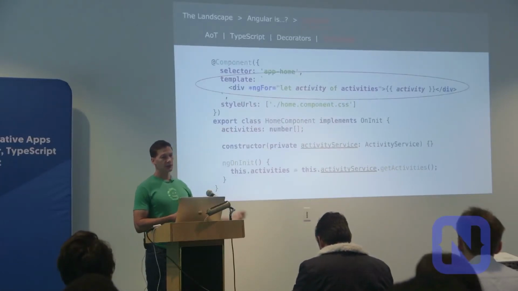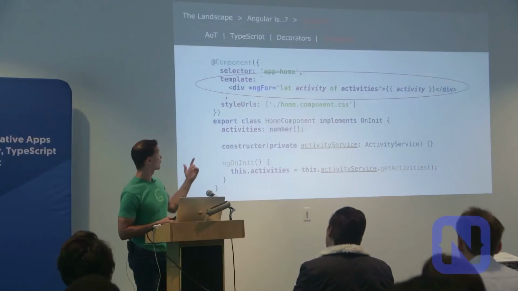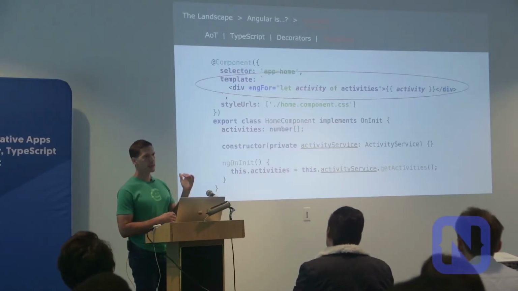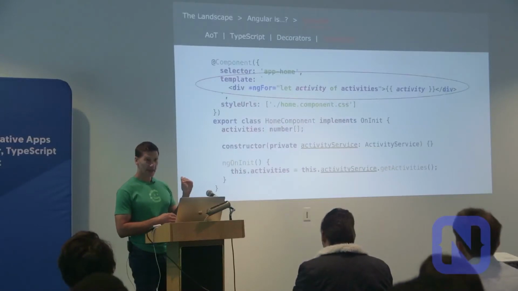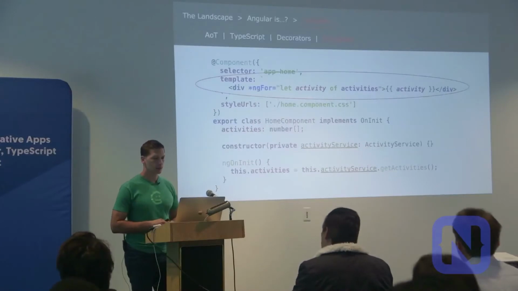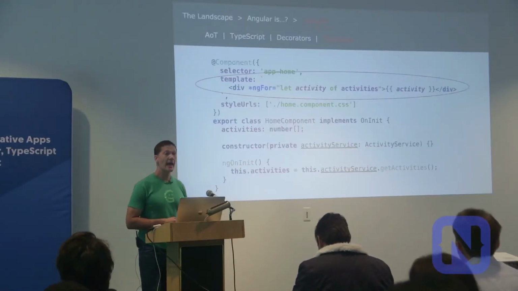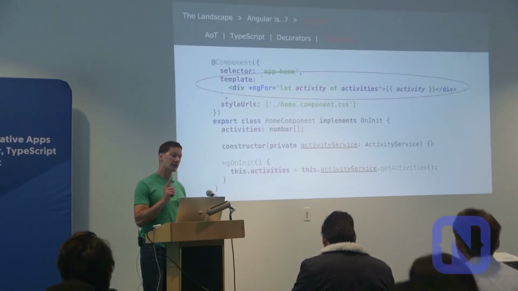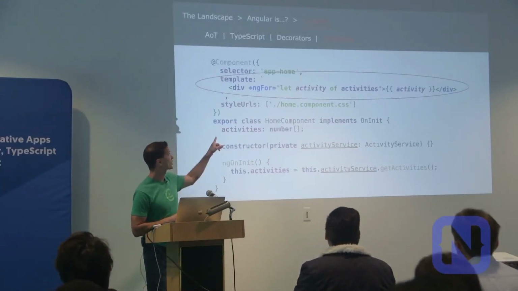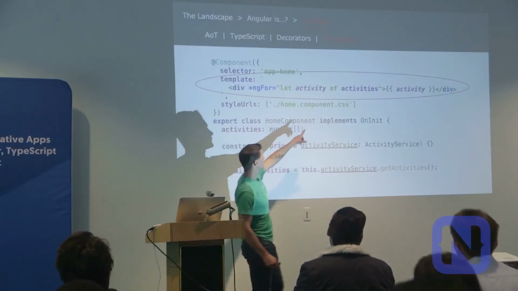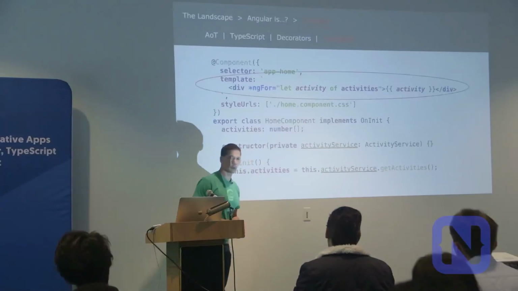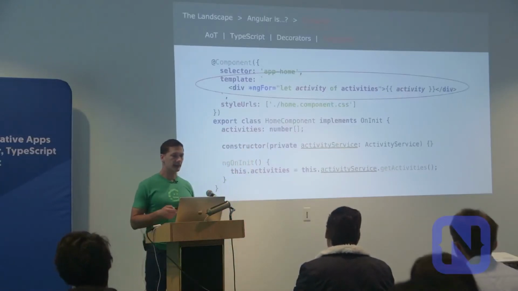So during the AOT process, it'll transform your template into a much more optimized data structure that is very fast, removes all white space and all unnecessary characters. The other big thing is that as part of that process, it can actually check your template for errors. If activities here is not actually referenced here or whatever else, it will pick it up at compile time, at build time.